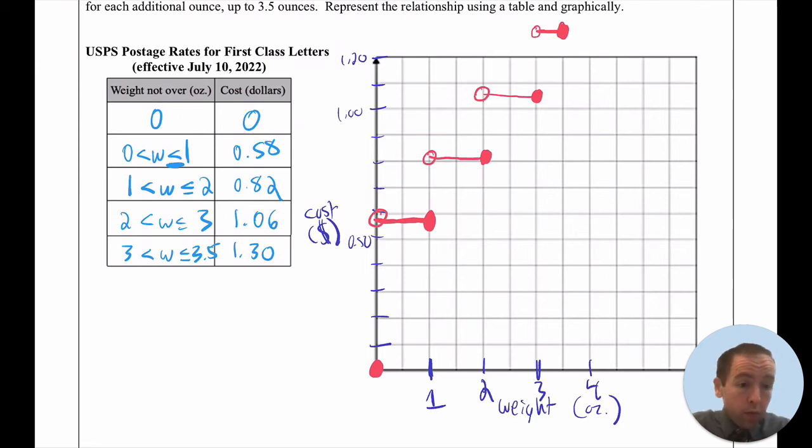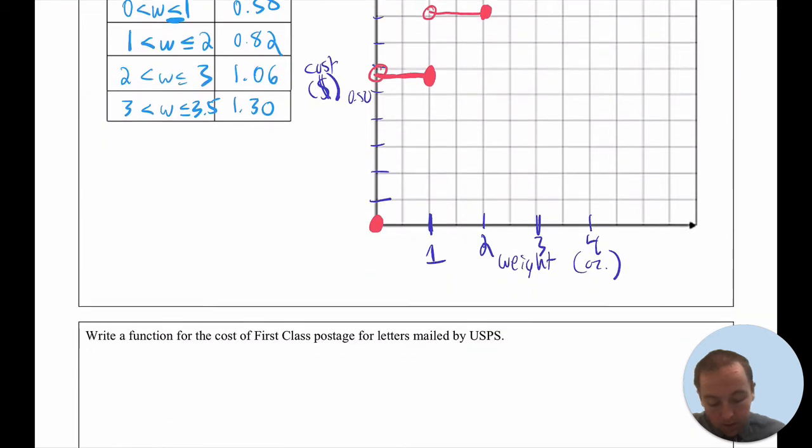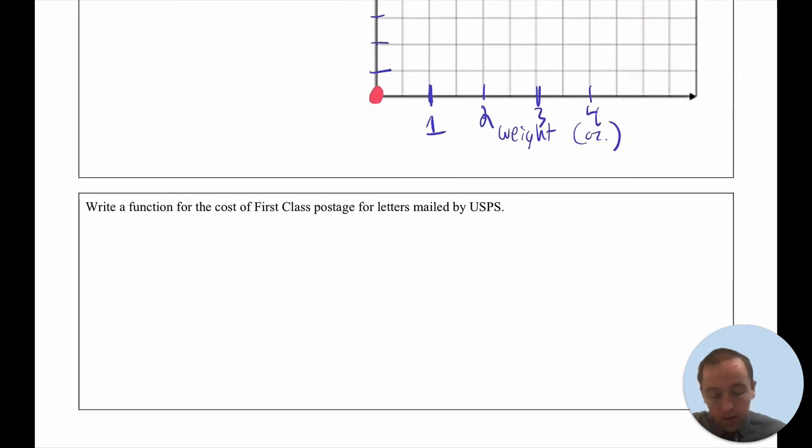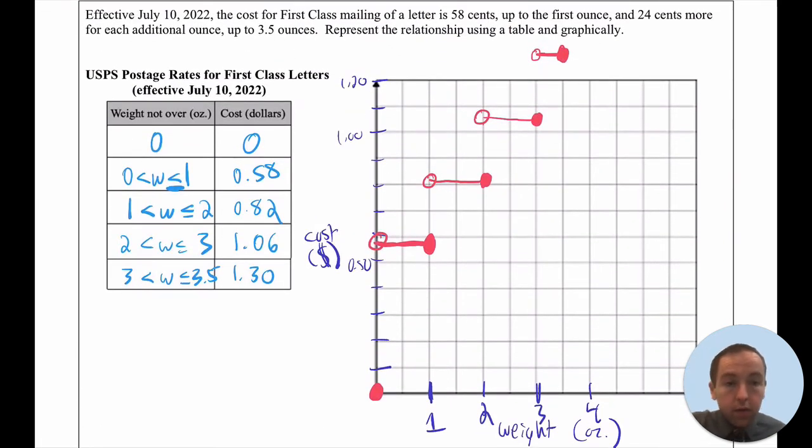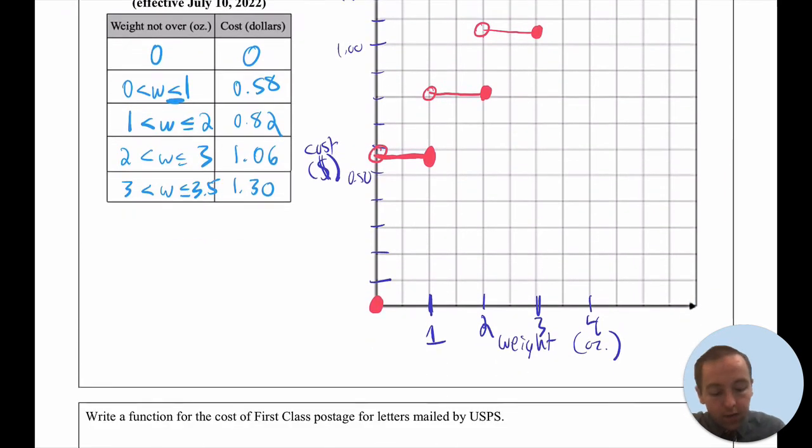So knowing the weight of your letter will tell you exactly what the cost is just by looking at the graph. And this is an example of a piecewise function, which I'll define in a little while here. Really just a graph that's going to be in different pieces. And so the way that we can represent piecewise functions is by writing a function as follows. When we write an equation for a function like this that's in different pieces, you're going to have